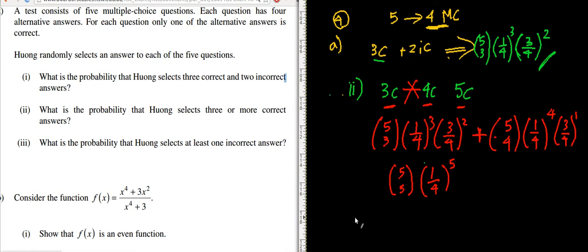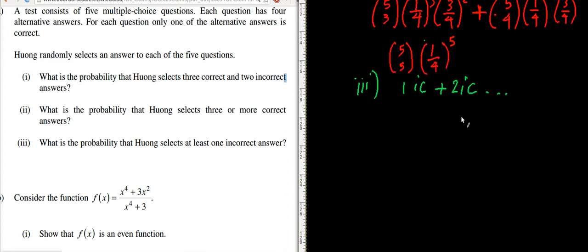Okay, part 3. So part 3 is asking us what is the probability that one selects at least 1 incorrect answer. So it's got to be at least 1 incorrect. Now I can do the same as what I did up here and go 1 incorrect, 2 incorrect, 3 incorrect, 4 and 5, or, if you remember your probability rules, it's simply a matter of going, let me scroll this down, 1 minus